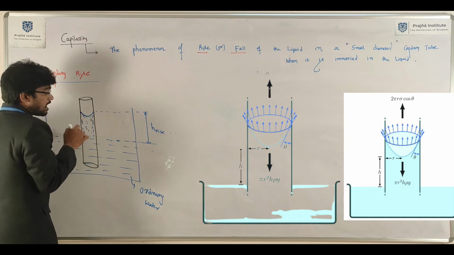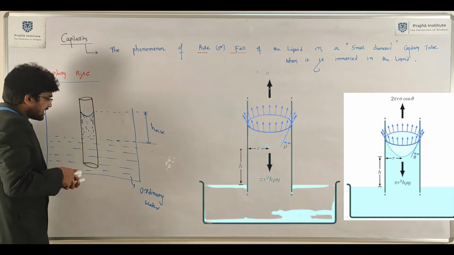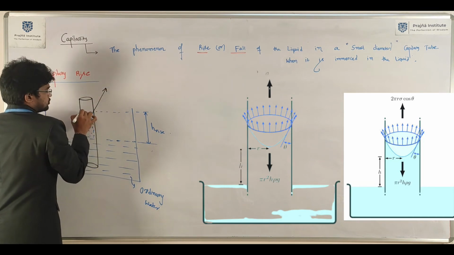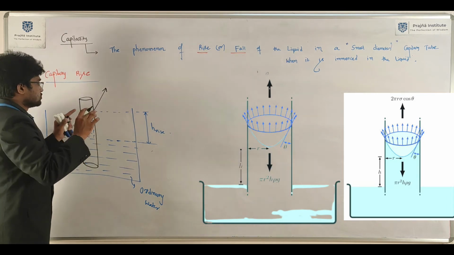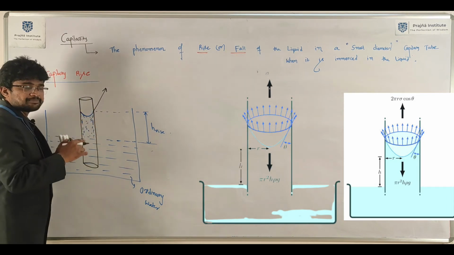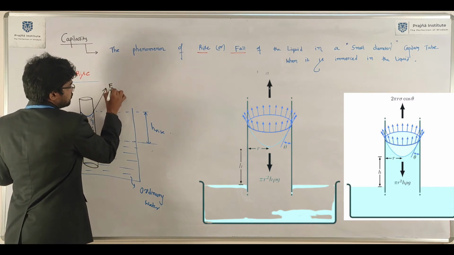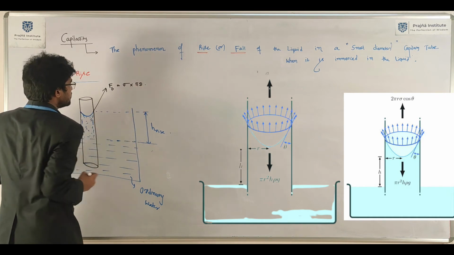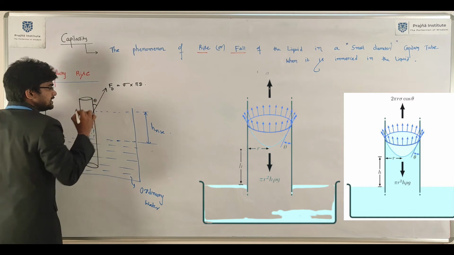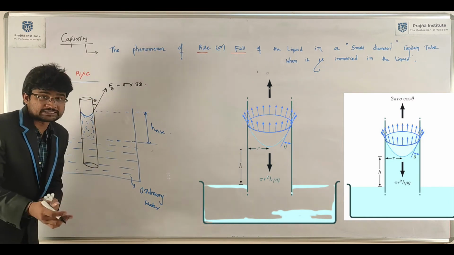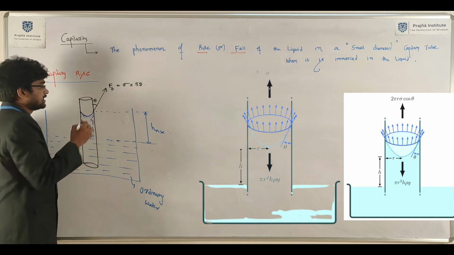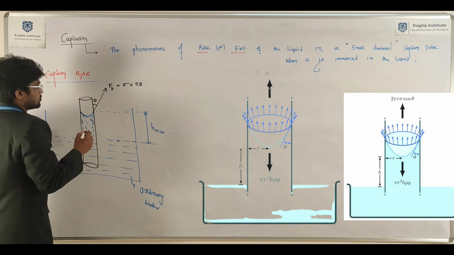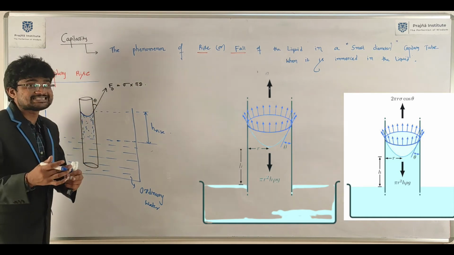Here you will see concavity. The angle of contact is acute. Here it is. Some force is acting along the periphery. That is nothing but the surface tension force. Surface tension force equivalent to sigma into pi d. It is at angle of contact theta. Ordinary water is a wetting fluid. That is why here theta is acute. Just now we discussed that. For a wetting fluid, the angle of contact is acute.